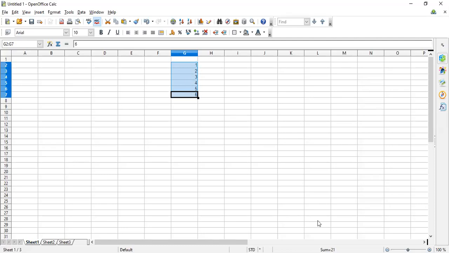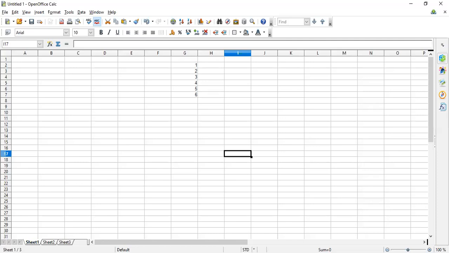Although we haven't applied a formula anywhere, in the formula bar we haven't put any formula, but here we have an option from where we can find out the sum of some particular values given on the sheet. And if you want to change this into average or count or maximum, minimum, you just click on average, and it will show you the average of all these values that we have selected, right? And by default it is sum always, right? So this is the advantage of the status bar.